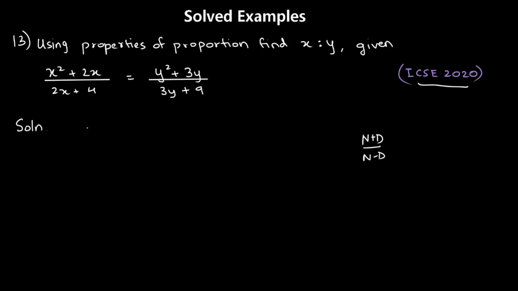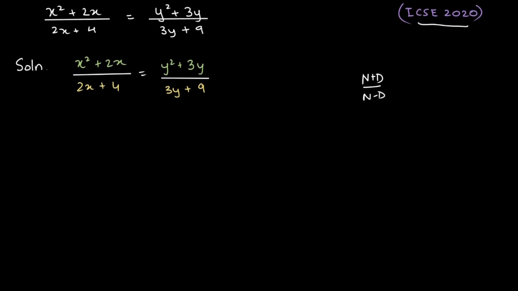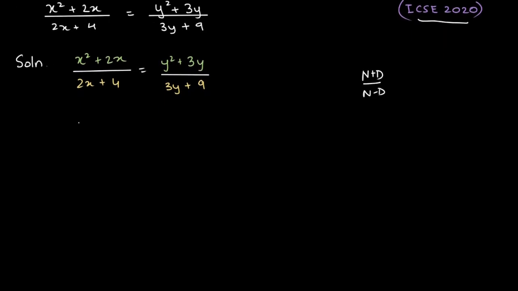We've got (x squared plus 2x) upon (2x plus 4) on the left hand side, and on the right hand side we have (y squared plus 3y) upon (3y plus 9), right? As I mentioned, we will be applying componendo and dividendo. It's slightly not like our usual sums, right? But so by componendo and dividendo,